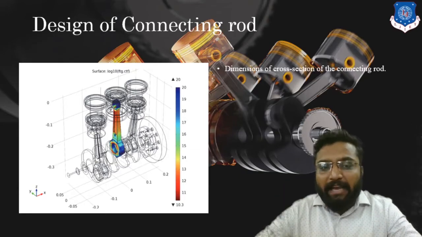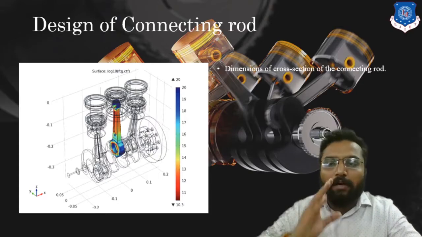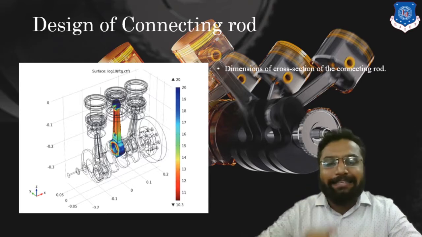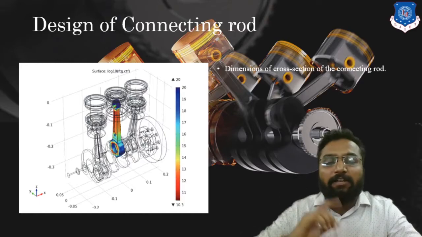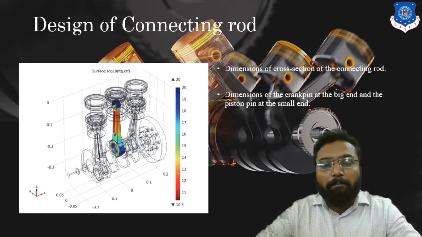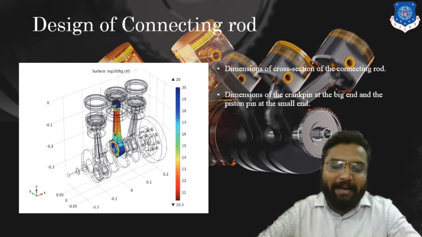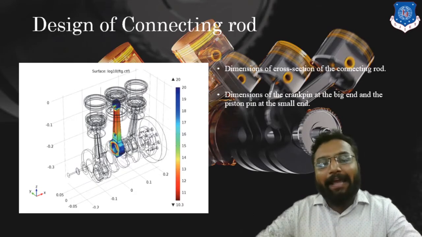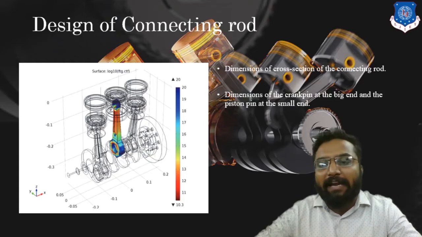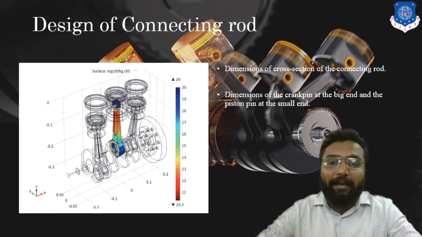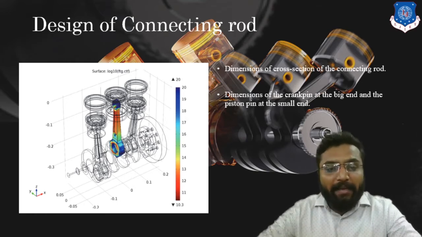While applying this Rankine formula, we have to consider whether our connecting rod shank is an H section or an I section. After determining this cross section for an H section and I section for buckling, clear, we will design the crank pin at the big end and the piston pin at the small end. So we are going to determine the length of our big end and small end and the diameter of that big end and small end depending on the bearing pressure acting upon our connecting rod due to our crank pin as well as